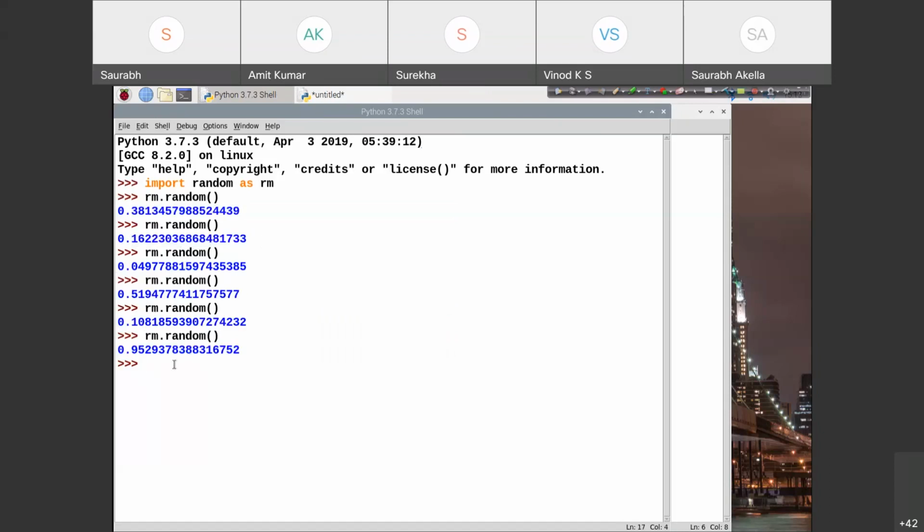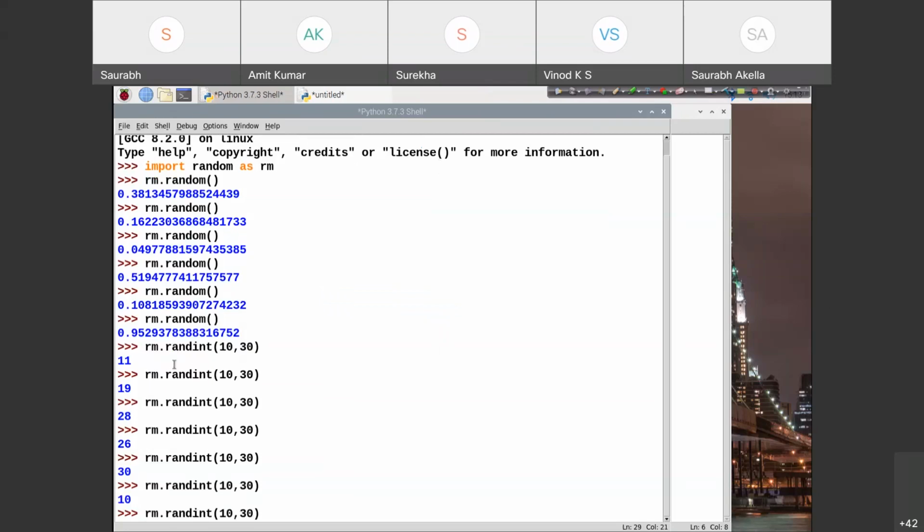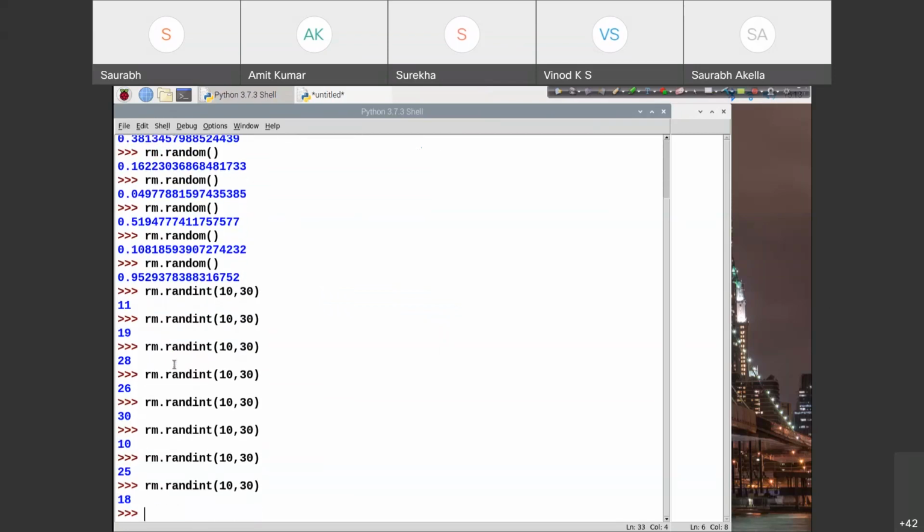Likewise, there's a command called rm.randint. Suppose you want a number between 10 and 30. If I run this command, there will always be a reply within this range only. So between 10 and 30, a random number will be generated every time, right?